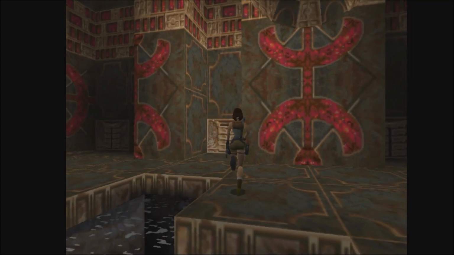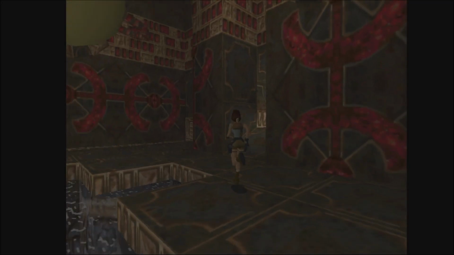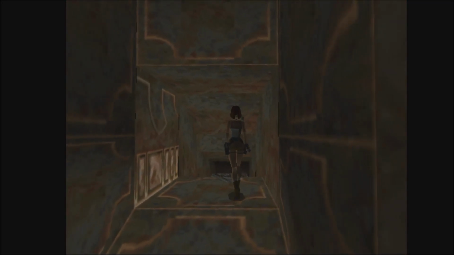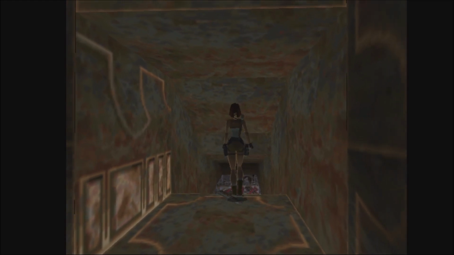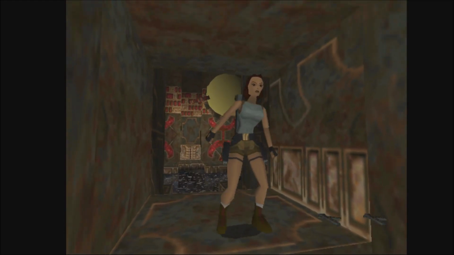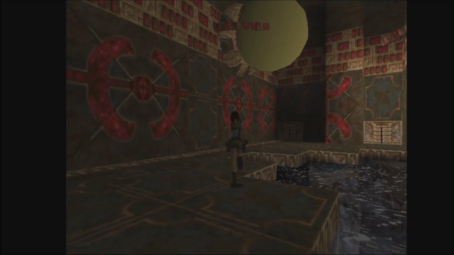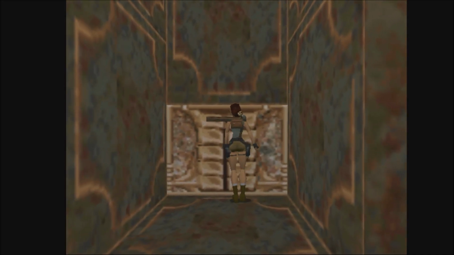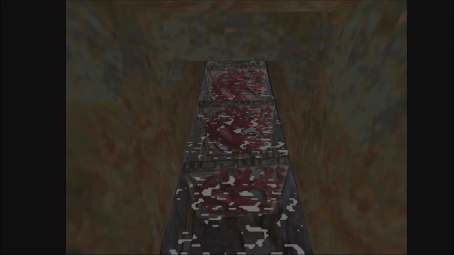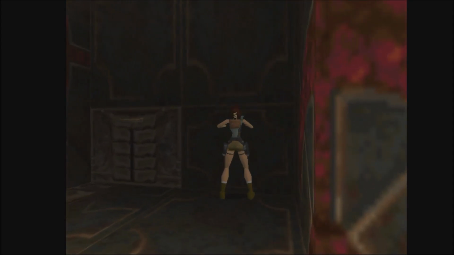So what these switches do is they open. There's a set of 3 doors here. And the correct switches open the doors. So we've got to hit 3 correct switches to open those 3 doors. The correct switches are middle, left,